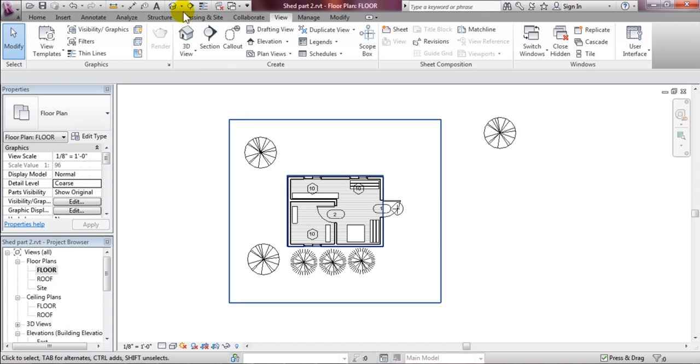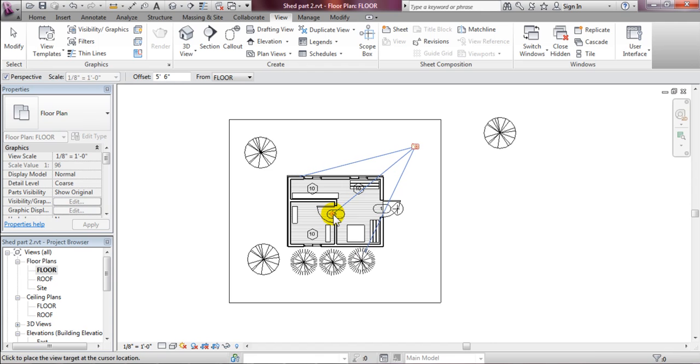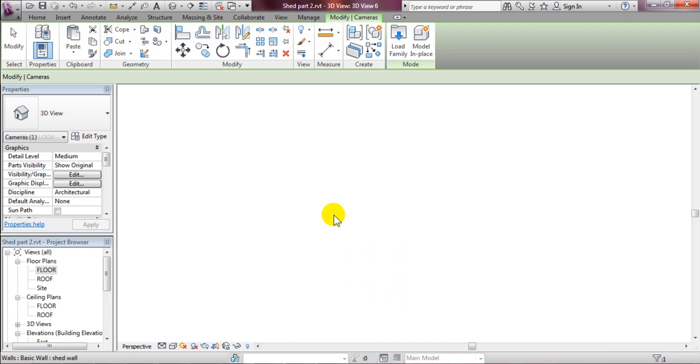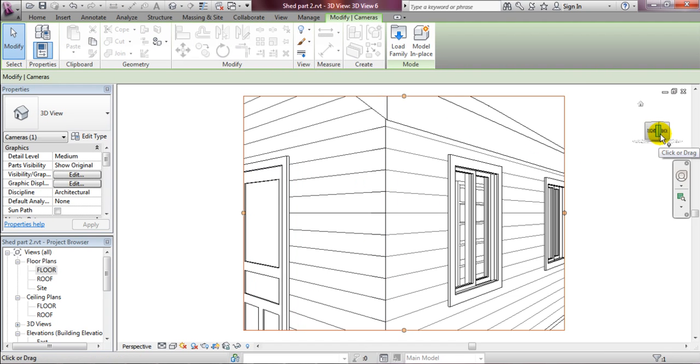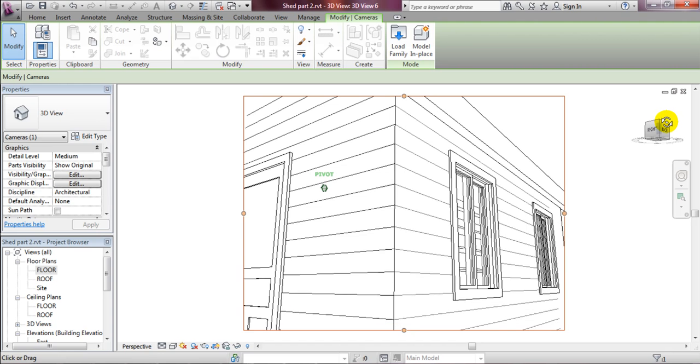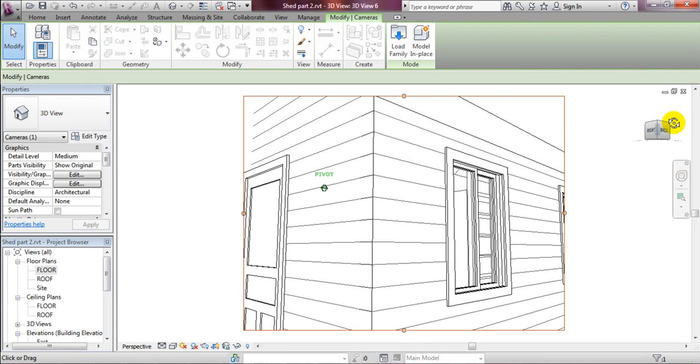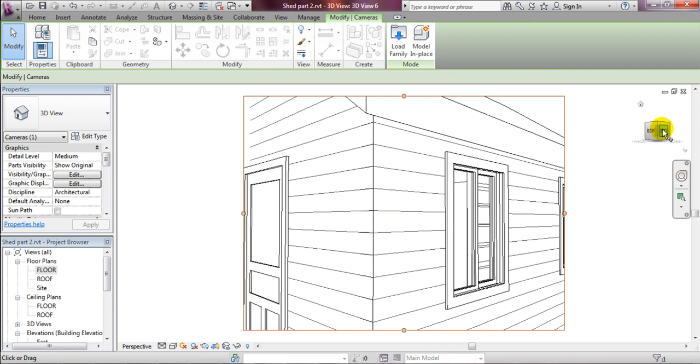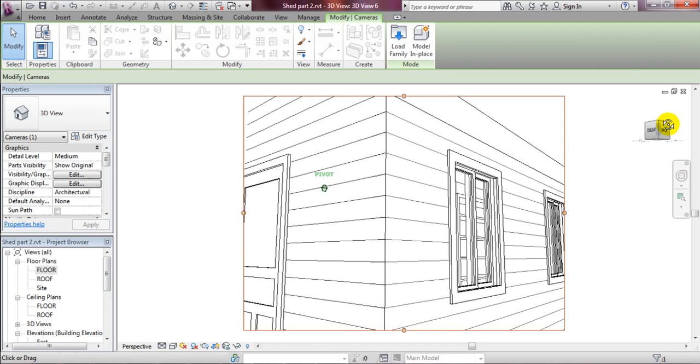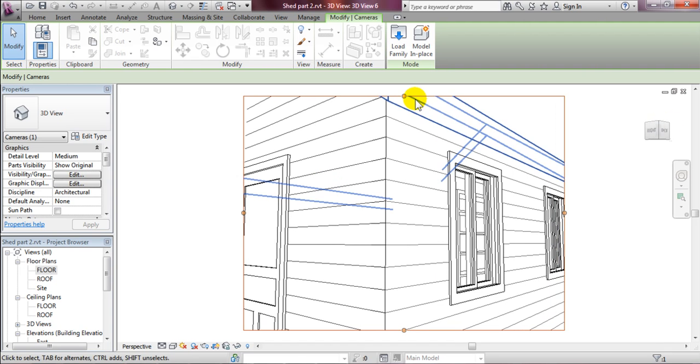So I'll go to my views and go to camera, and I'm going to take the picture from roughly where that tree was, so somewhere in this corner right here. Click, and that's a good perspective. And so now I can see my shed, but I'm really close to the wall right now. I'm actually going to tilt my cube up a little bit, my view cube here,